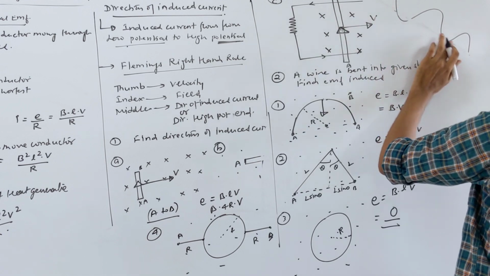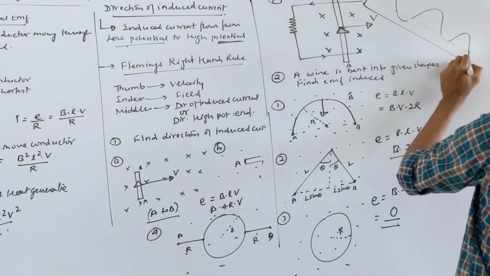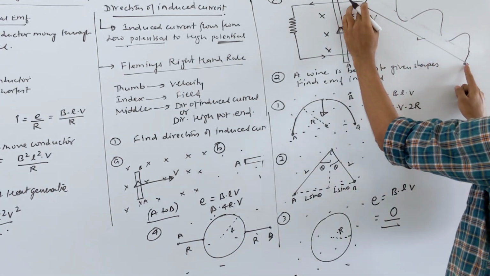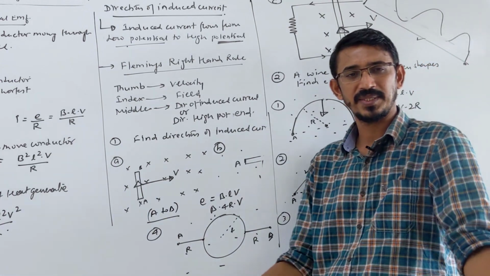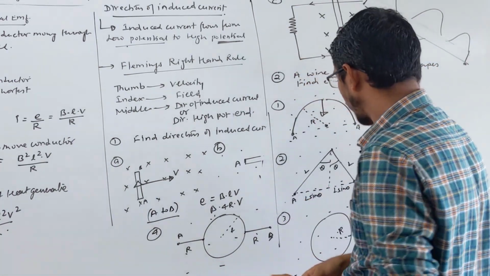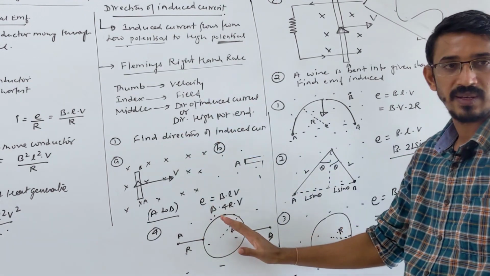Suppose they say that this distance is given directly to your rod, so we need that distance only. For this type of wire also, we need the straight end-to-end distance, right? We need just the displacement only, nothing else. Okay, so this is the second pattern. The first pattern was just finding the direction of the current alone.